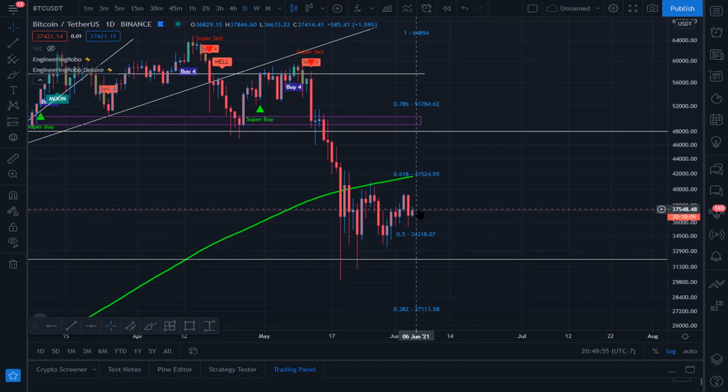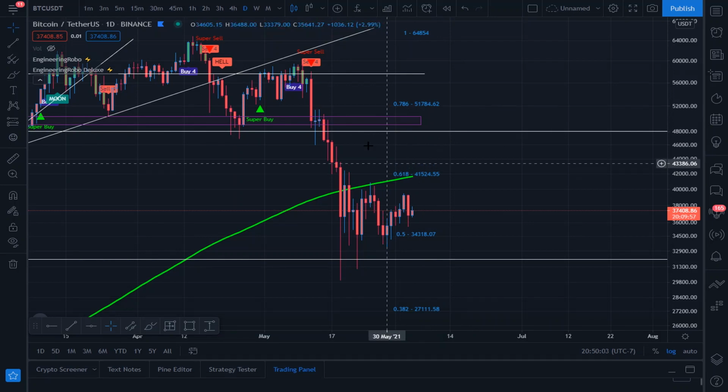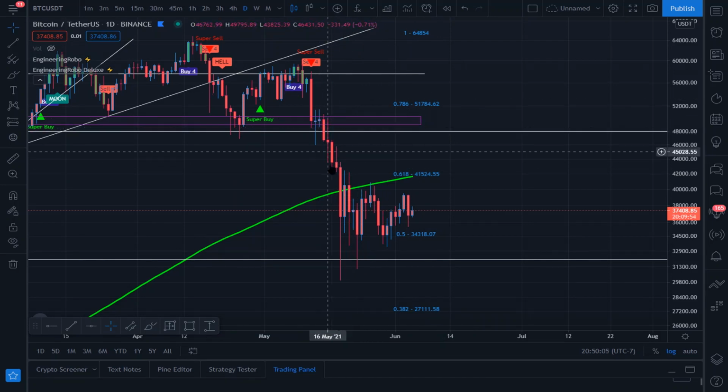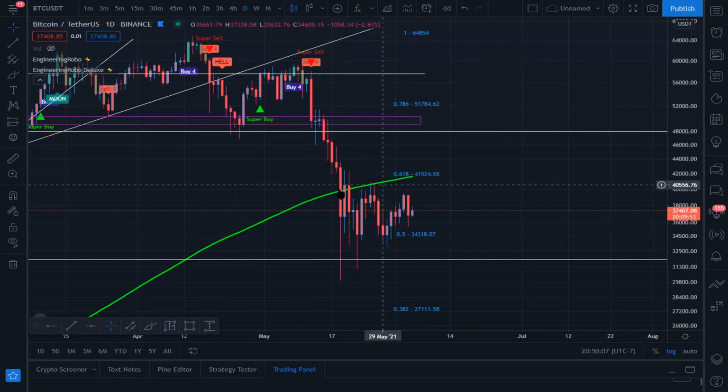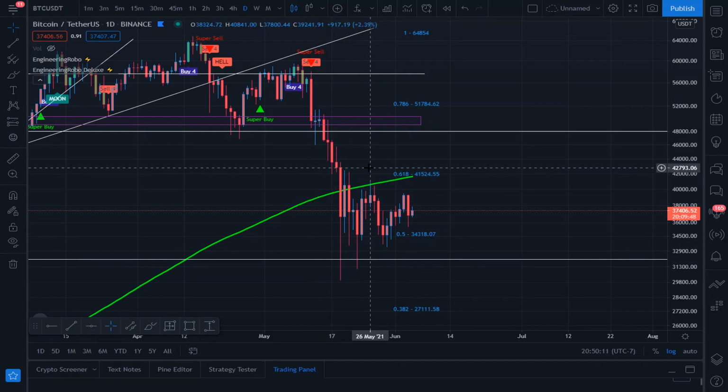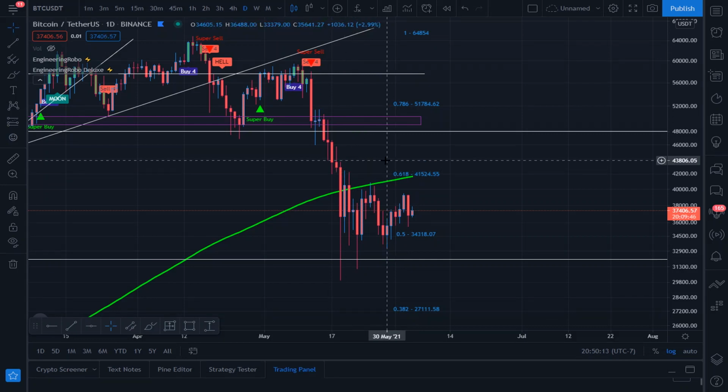We can have some very volatile multi-$1,000 ups and downs between 41 and 34K before we can even think about going to the 50s again. You have the super sell and sell for suggesting some short-term bearish price action. We have that very FUD-inducing 200 daily moving average price action, being below that is a very big bearish indicator